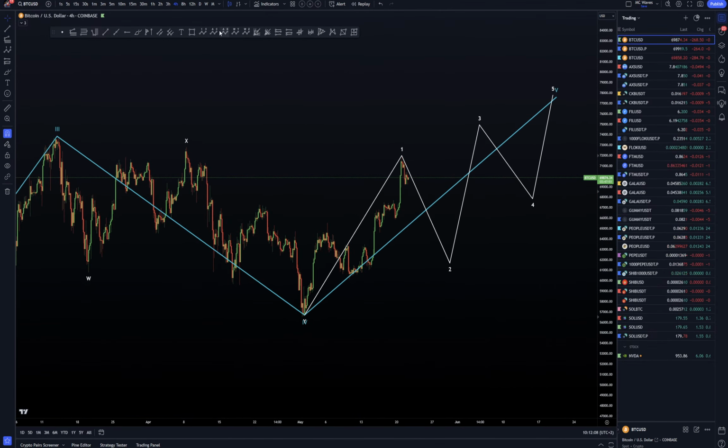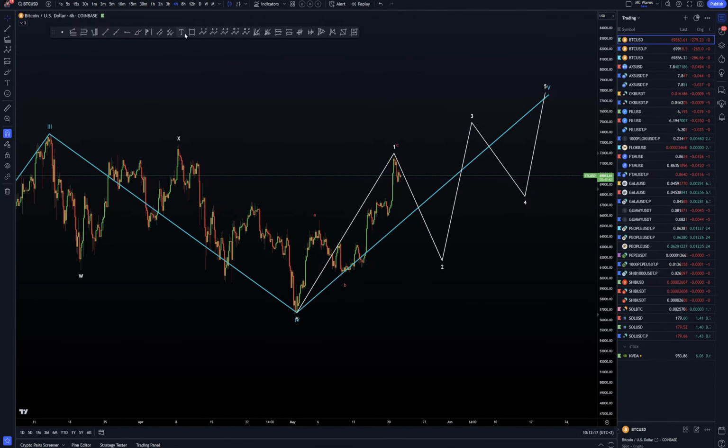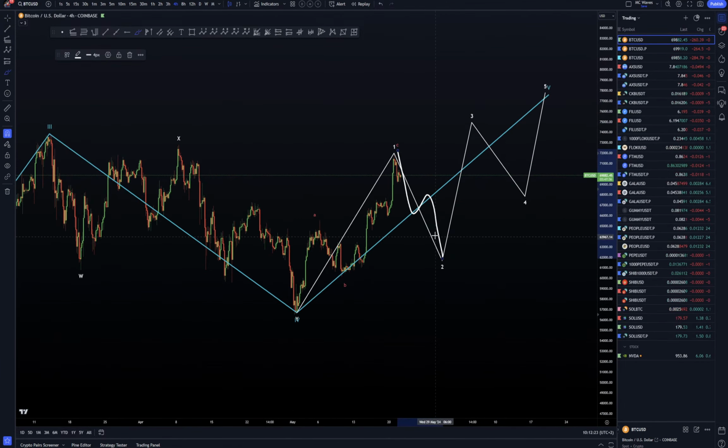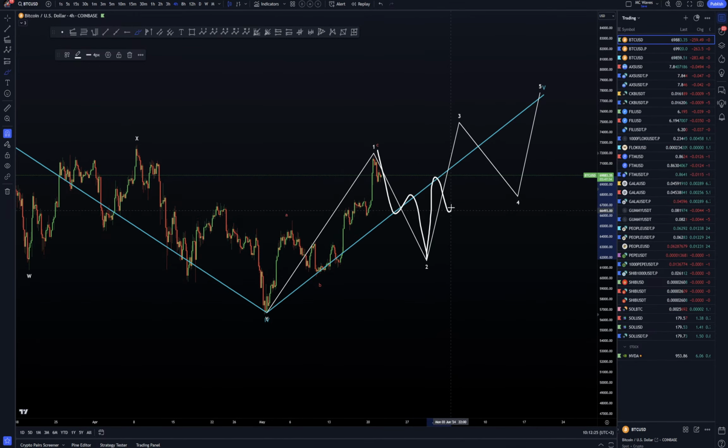Okay, in that case, that will be here, bam, an A, oops, I'm gonna just press Control, A, B and C, and so then we look simply for a correction really into the targets we have planned, okay, with the levels, and then bam bam bam, where it is here, we can look for another ABC zigzag to the upside, another correction, whatever you want, and here another ABC zigzag. So these are the 2 configurations we can look for, okay, into the wave 5, either an ending, either an